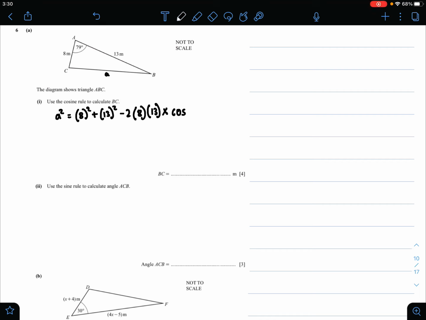Now A in this case is the angle that is in between both the sides that we know and is opposite to the side that we are finding. In this case, 79. So now all you need to do is simplify this working. 8 squared is 64, plus 13 squared, which is 169. So 169 plus 64 is equal to 233, minus 2 times 8 times 13, which is 208, multiplied by cos 79, which is equal to